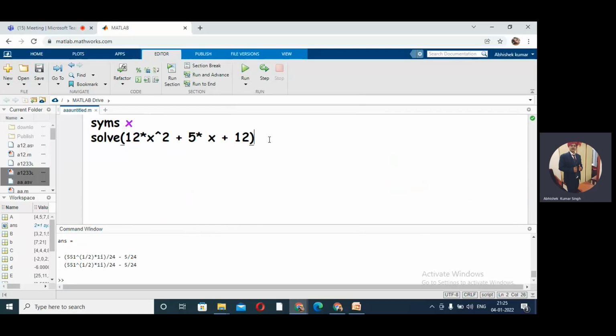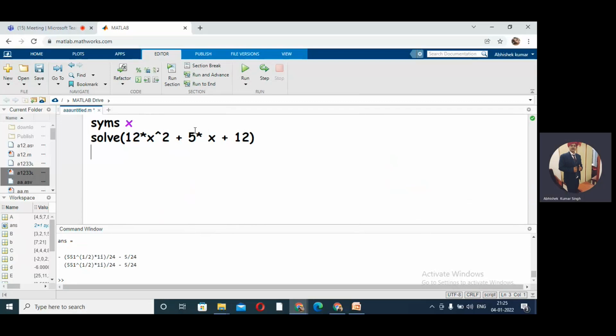So what will the solve command do? It will solve any algebraic equation. Do you remember when we did the maxima minima code? So f'(x) equal to 0, you solve that. Here there is no need for f(x) not equal to 0. Just write that equation and it will give the solution. Fine, this was the solve command.